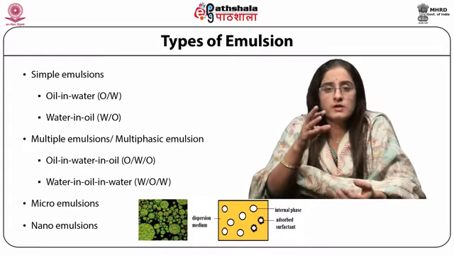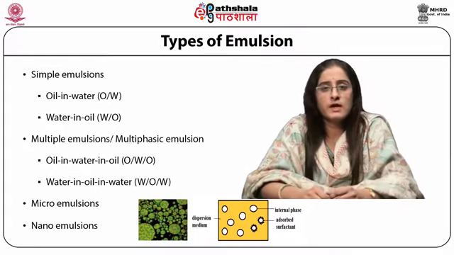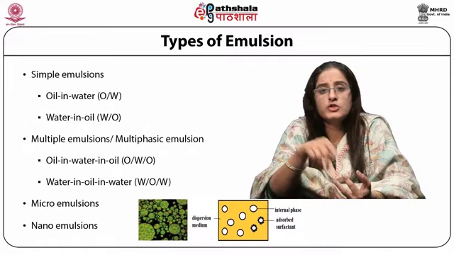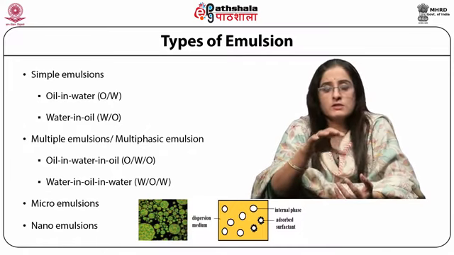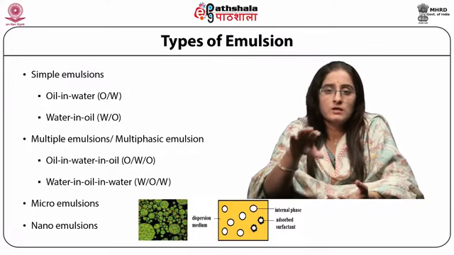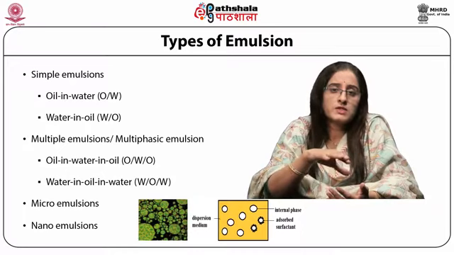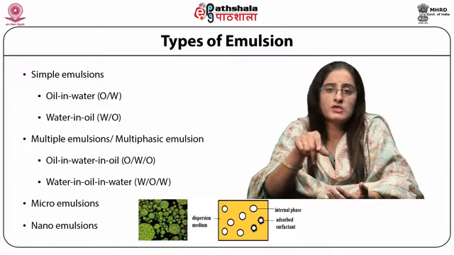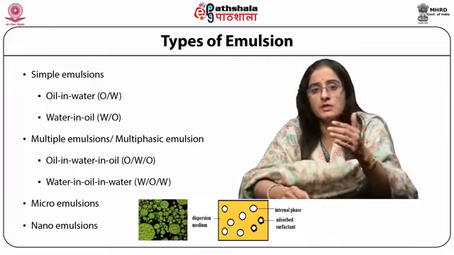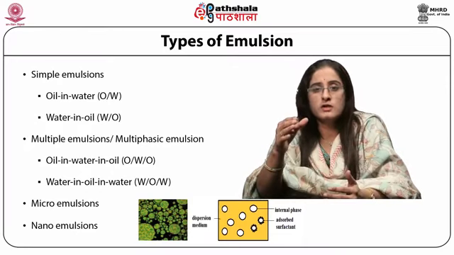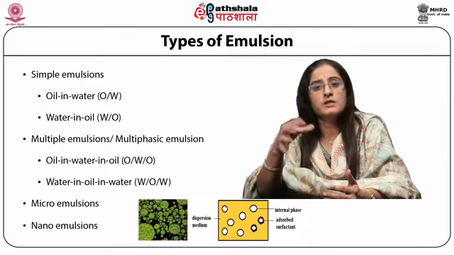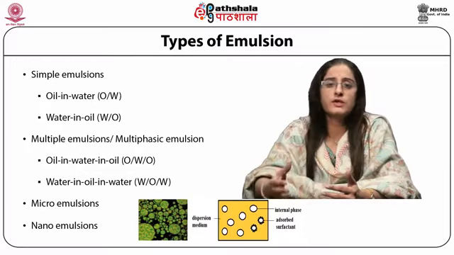In this slide, there are two diagrams. One is the multiple emulsion system, and the other diagram shows how the dispersed phase is dispersed in the dispersion medium, making a stable emulsion system in the presence of a third component known as the emulsifying agent. If you see the diagram, the emulsifying agent is adsorbed at the water and oil interface, and this adsorption of the emulsifier provides stability and plays a very important role in the stability of emulsions.